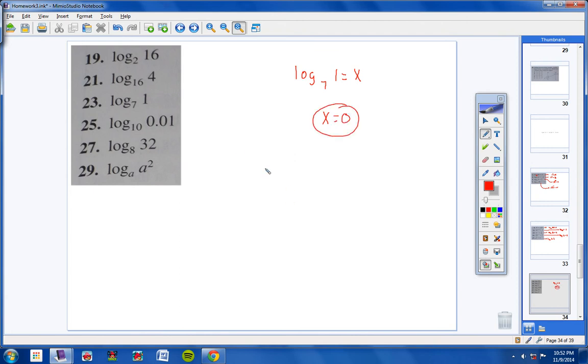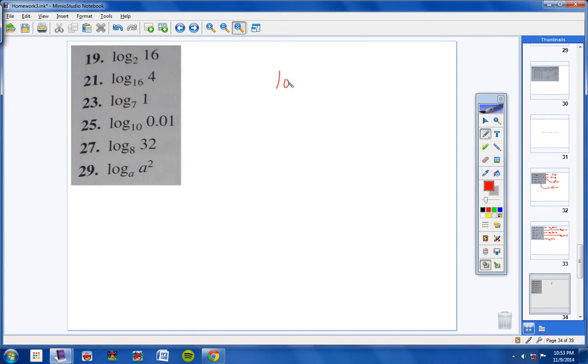Now if you want to do it the long way, it's fine. It would look like this: 7 to the x equals 1. So what would you put for x to make this true? Well, 7 to the 0 power equals 1. So there's your answer, 0. Alright, number